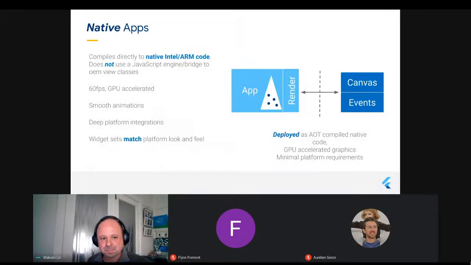Now, I said Flutter lets you build apps. What it actually does is let you build native apps. This is a little bit of a contentious assertion, because some people like to only talk about native apps as the apps built with the SDK provided by the platform vendor. So, for instance, the Android SDK from Google for Android development, and likewise the one from Apple for iOS development.